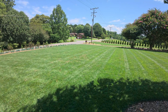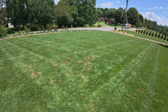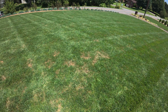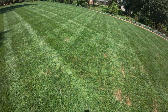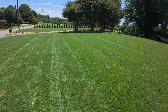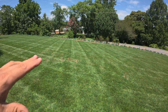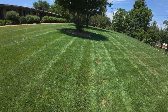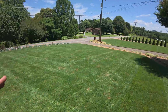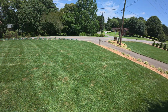Got messed up a little bit right there, and you can see this is obviously some kind of, I said it was Pythium root rot. I mean, that's what I think it is, but obviously it's something, because the pattern is just not anything like you typically see. And it all boils down to where the water comes to rest. It comes off the hill here, and it kind of flattens out just a little bit, and then down in here it runs off this way, and it comes right here, and you can see the, golly Martin, I tell you,